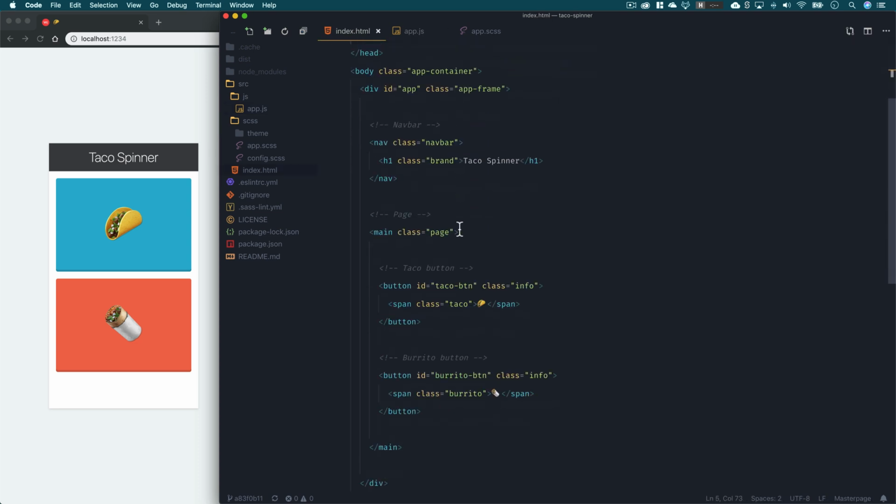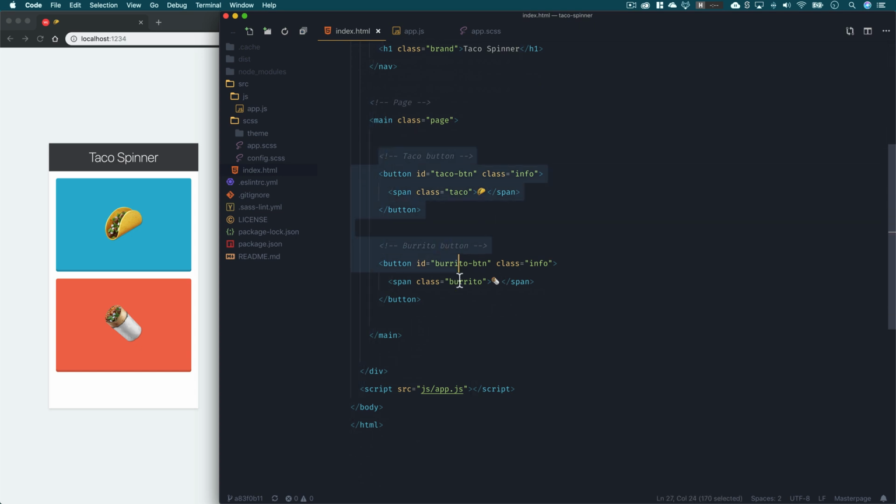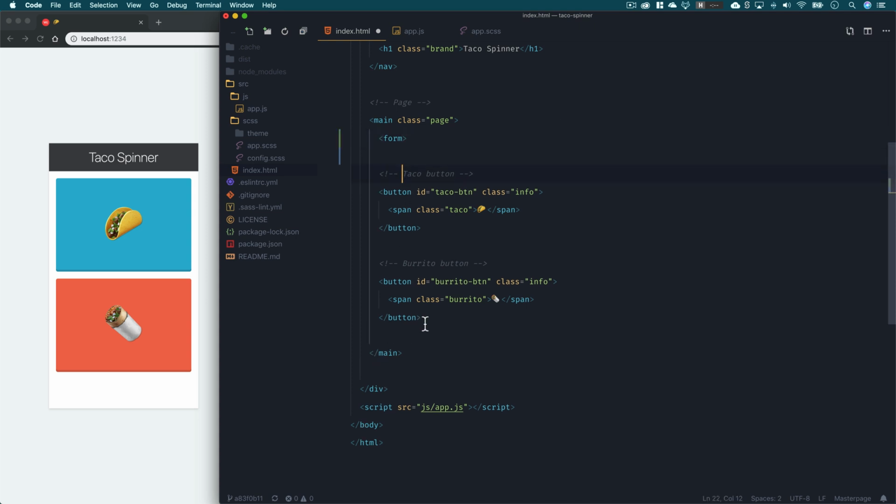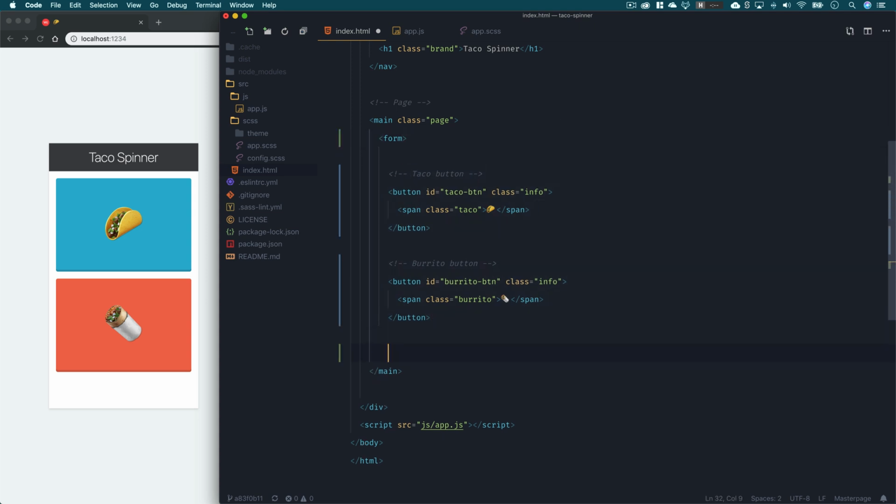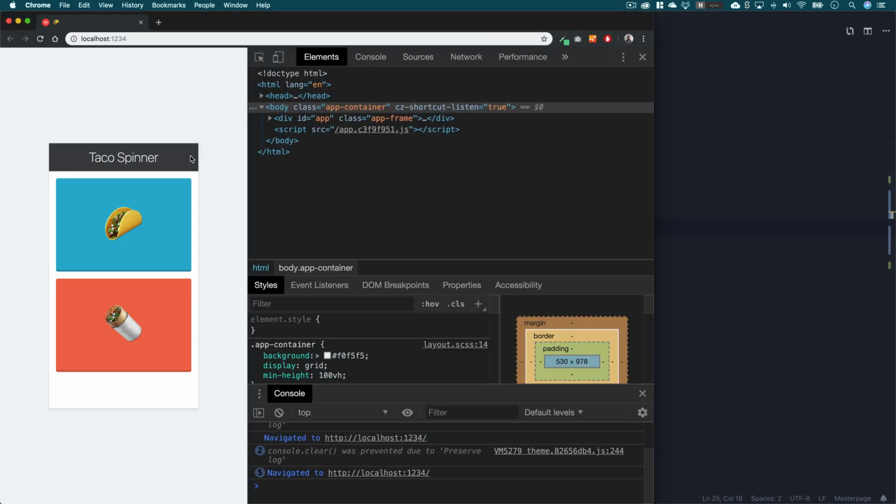And let's just say, for example, that for whatever reason, these buttons right here were wrapped inside of a form tag. Maybe these buttons are actually showing up inside of a web form or a registration form or something like that within our web application. And as soon as you add this form tag, it's going to change the default behavior of an HTML button element. I'll show you what's going to happen. Now that we've made that change, when I click on the taco button, you may see it start to spin for just a moment, but then the page is